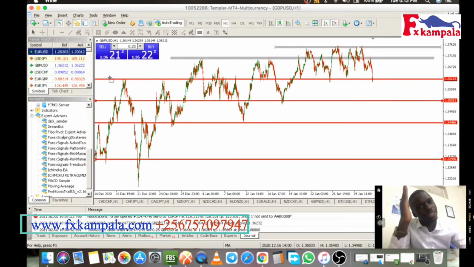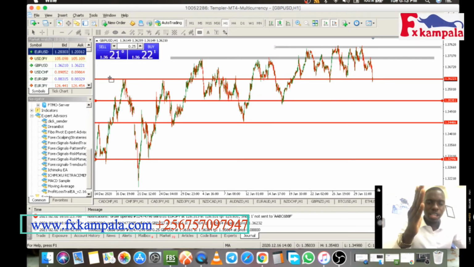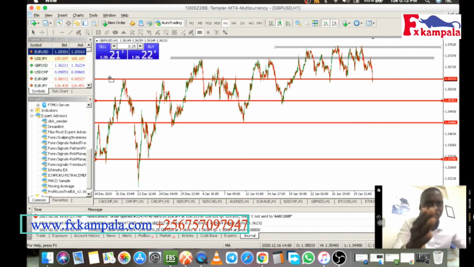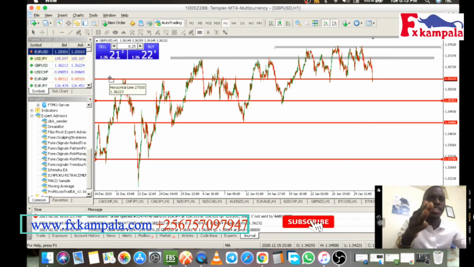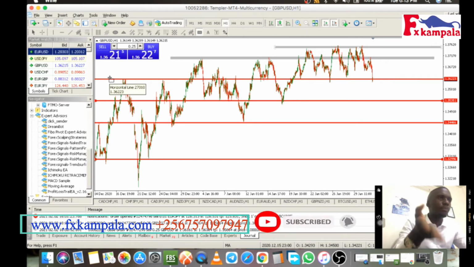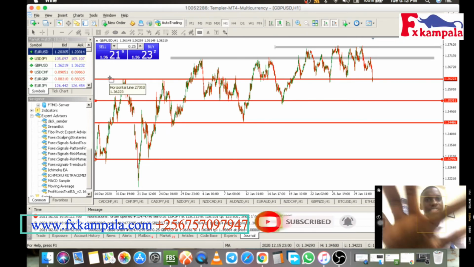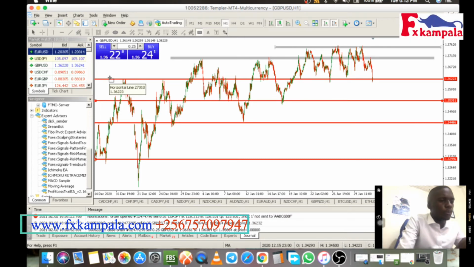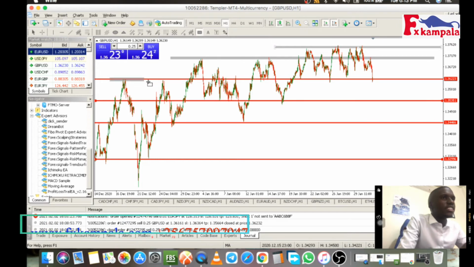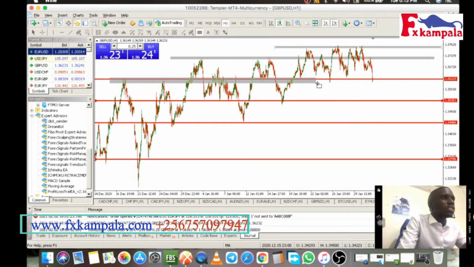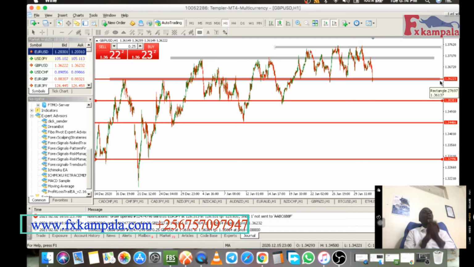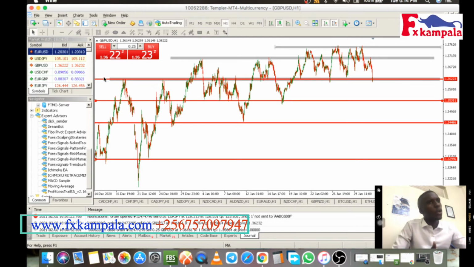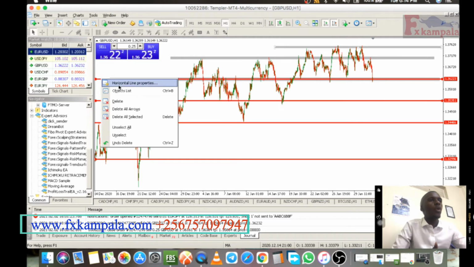You can make sure that you touch as many points as possible, such that you make the setup perfect, because the more points the zone touches, the more perfect the setup becomes, and the more perfect the trades you want to enter. So let me draw this. Yes, also I've drawn this. Of course, after drawing it, make sure you actually remove